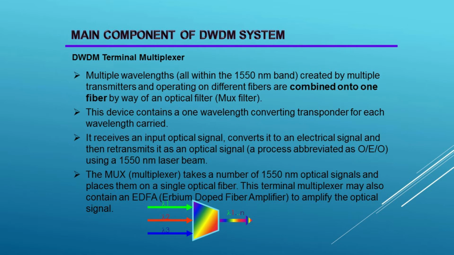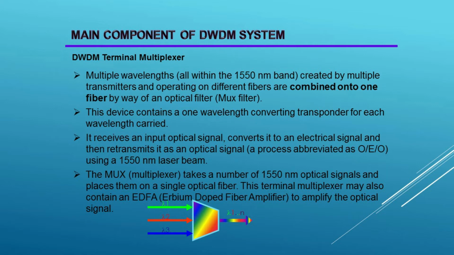DWDM terminal multiplexer. Multiple wavelengths, all within the 1550 nanometers band, created by multiple transmitters and operating on different fibers, are combined onto one fiber by way of an optical filter, MUX filter. This device contains a wavelength-converting transponder for each wavelength carried. It receives an input optical signal, converts it to an electrical signal, and then retransmits it as an optical signal,